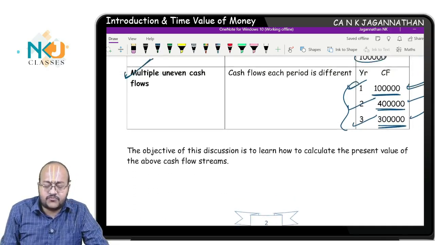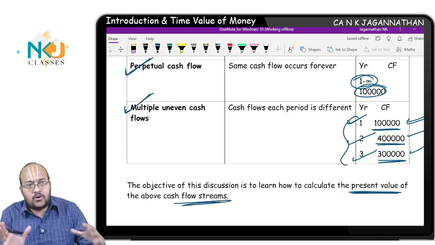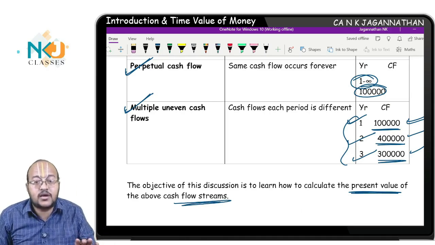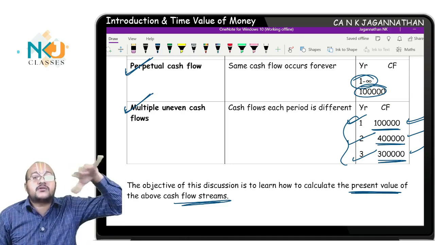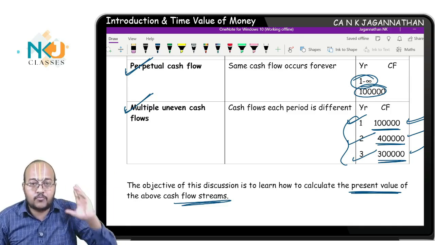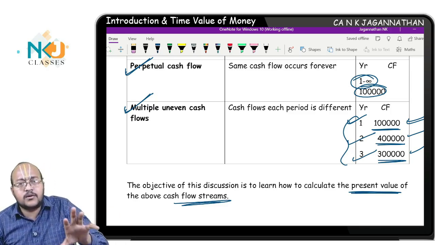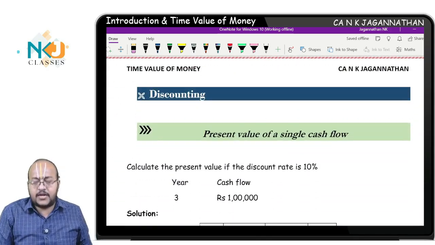So the objective of this discussion is nothing but to calculate the present value or future value of all these different types of cash flows. First you need to understand the relevance of this. We'll understand it in fixed income securities, bond valuation, where we'll see different types of bonds: perpetual bond, annuity bond, plain vanilla coupon bond, all these things we are going to study there. For that it will become a base for that discussion, correct? Say, how to find the present value and future value of those.